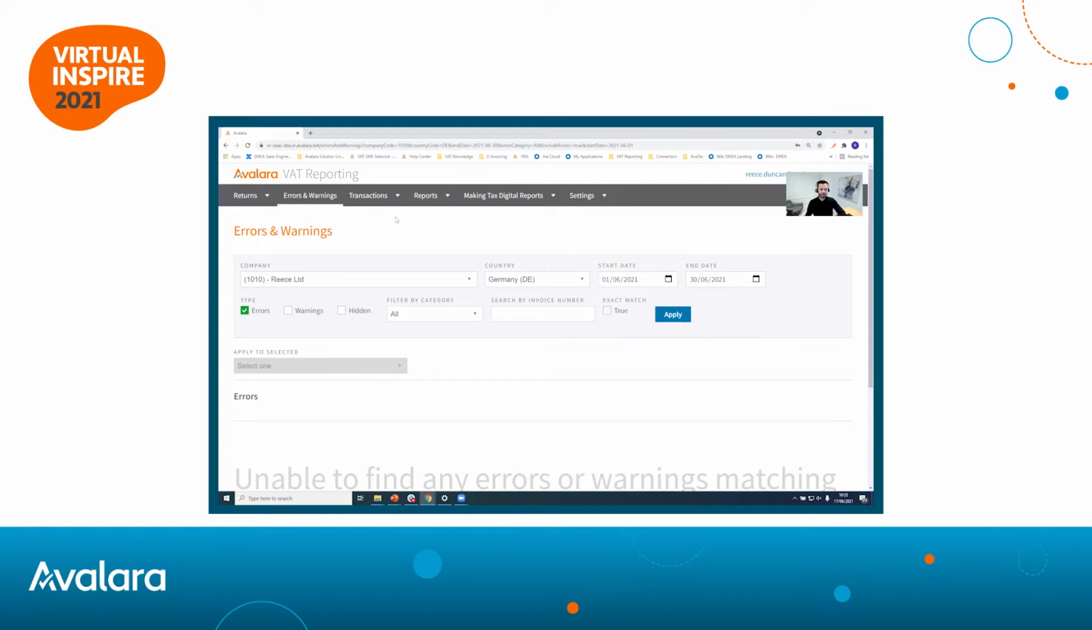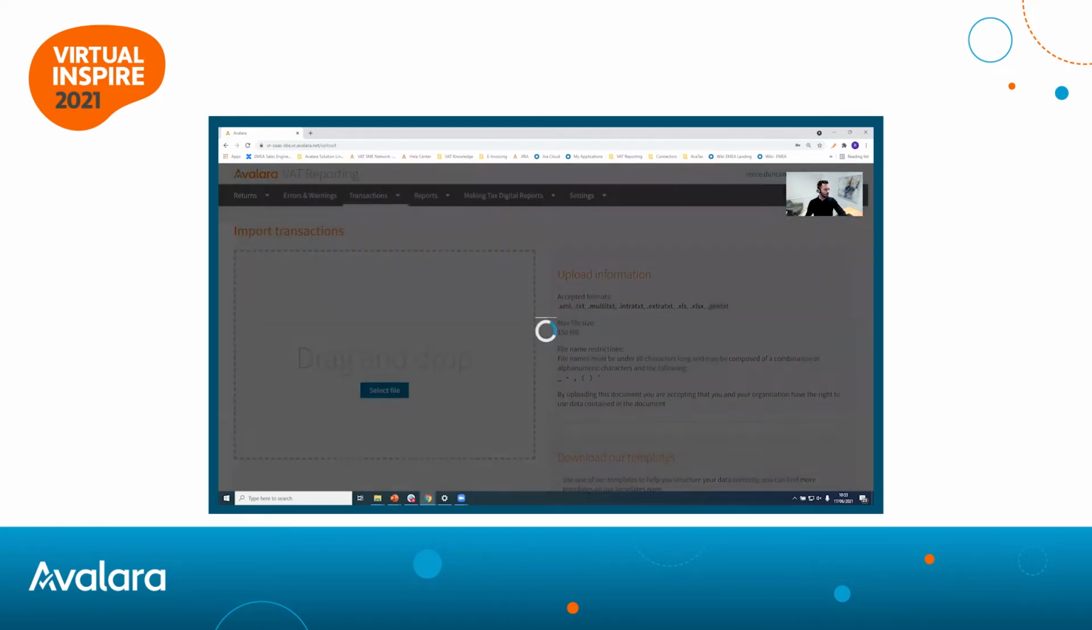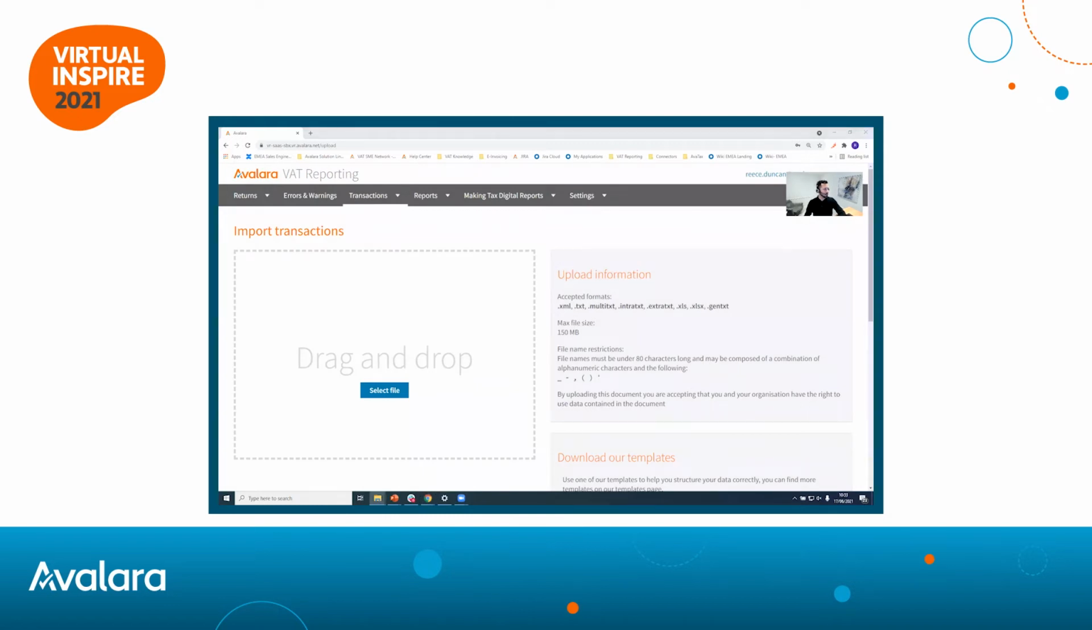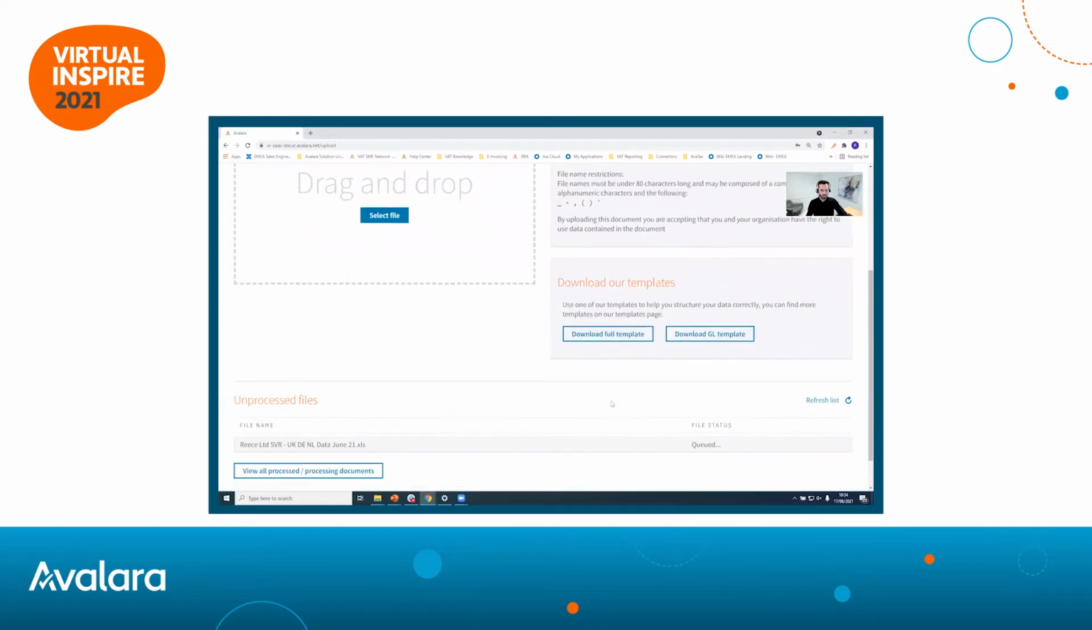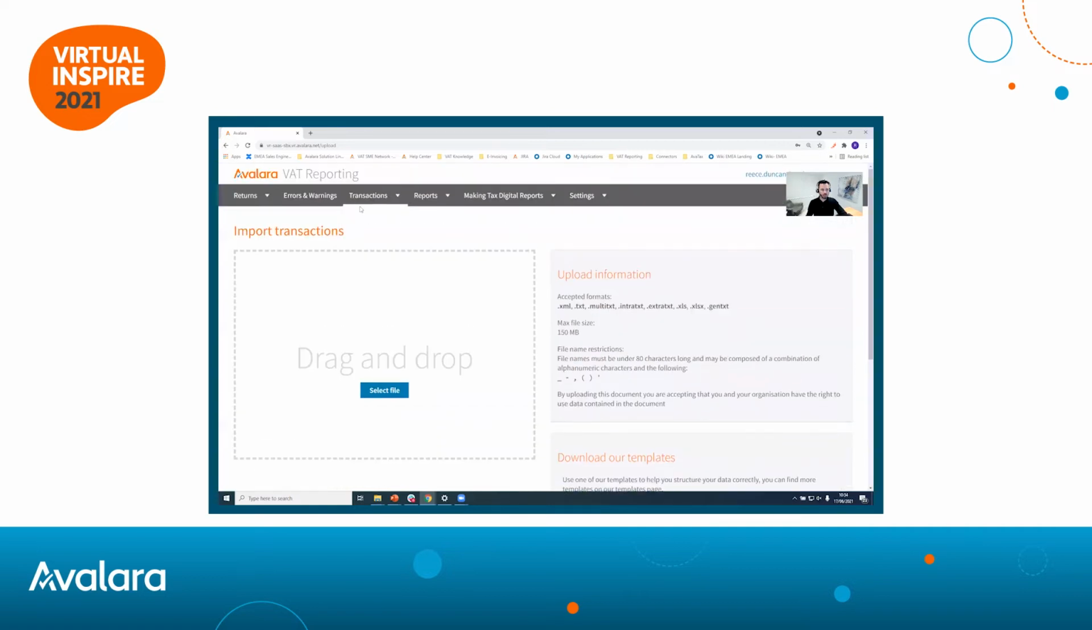Okay, so I'm going to upload some data. I'm going to do this manually today, and my data is based on the UK, Germany, and Netherlands. So I'm going to simply drag and drop this XLS into the system. Very quick, you can see that it's showing me at the moment it's been queued, but if I click on this process documents, this will take me to the same screen here,